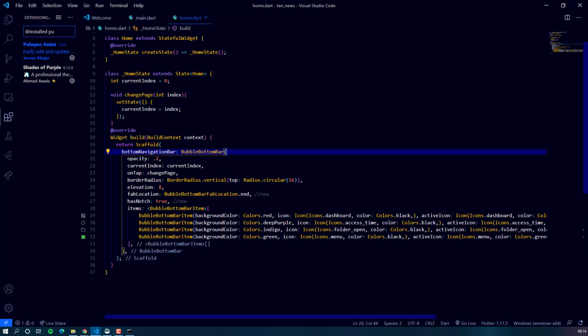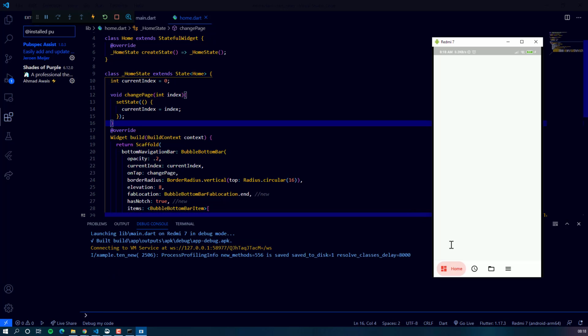Now let's run this and see what we get. As we can see here, we have got some similar results as shown in the example of the plugin page.